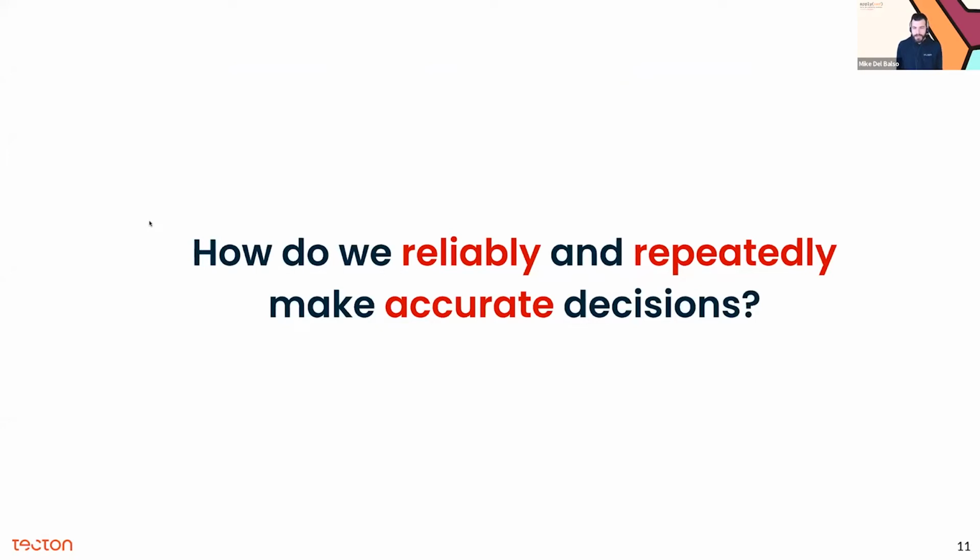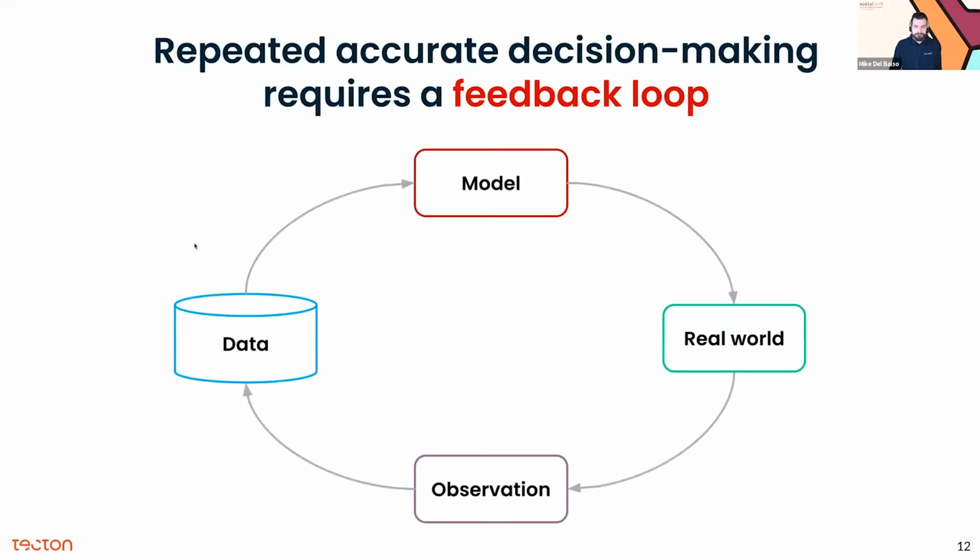And we do this as humans, not through machines, every day, right? We do this through a typical feedback loop. We do something in the real world, we observe how it went: we make a decision, we act, we observe how it went, we combine that information with all the other information we know, we update our learnings, we update our model, and then we make another decision.